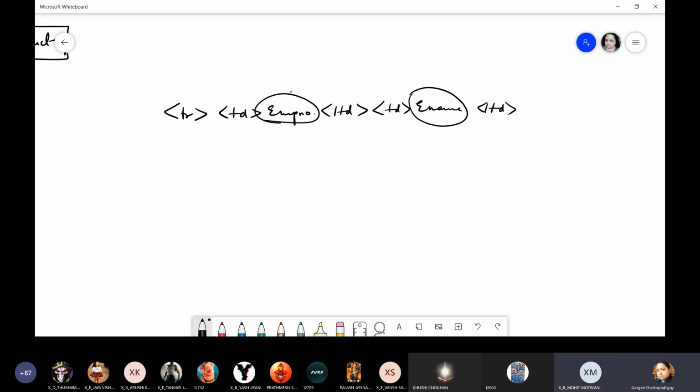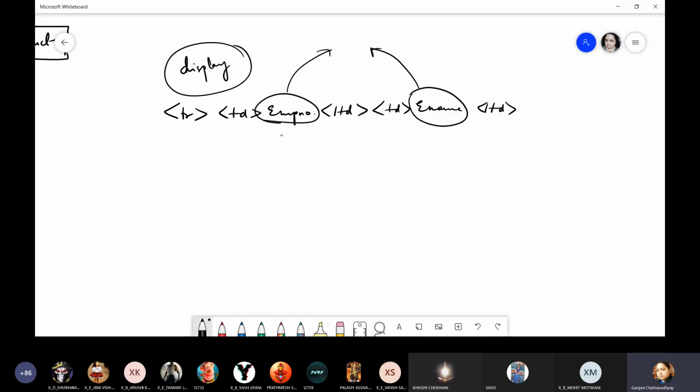How will an external application pick up this data? This is only meant for display purpose. Tables in HTML are only meant for displaying data in a tabular manner. But internally, data has no recognition. Whether you type someone's salary, which is a numeric value, whether you type someone's name, which is a string that is alphanumeric value, HTML doesn't recognize that, doesn't identify that.